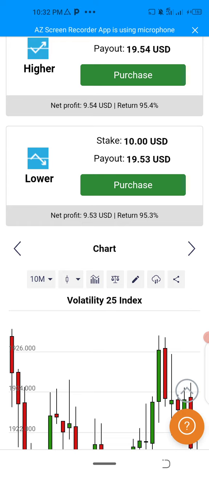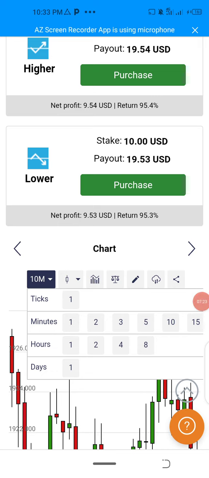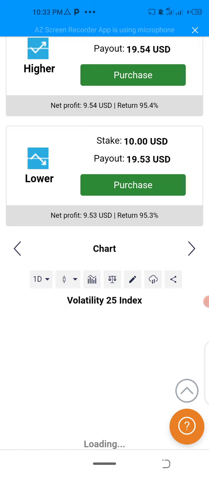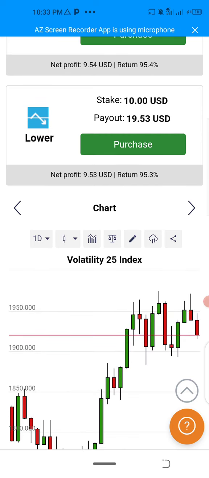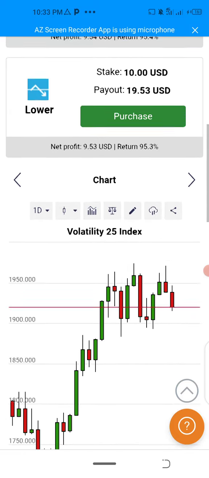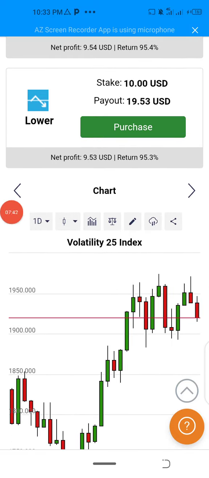So with this 10 minutes, it's going to tell us where the market is, if the market is on an uptrend or on a downtrend, or where we should enter or where we shouldn't enter. Before we do that, we're going to change it to 1 day to understand where the market is heading. What's the market saying right now? Downward trend. Because why? This is a daily trade, which is a 1 day trade, right? This is the future. The future is telling you that it is going downward.